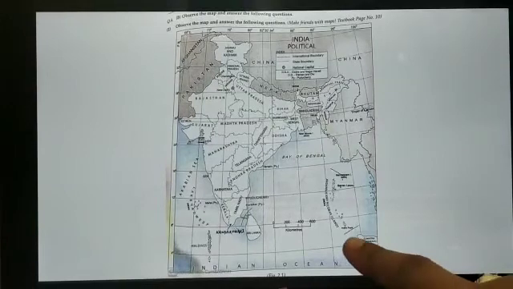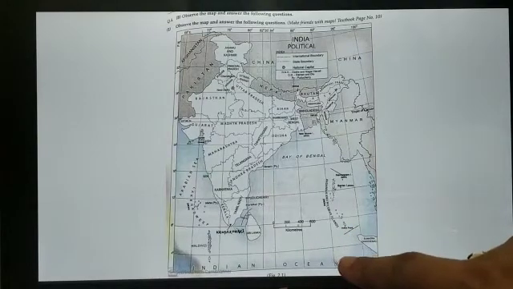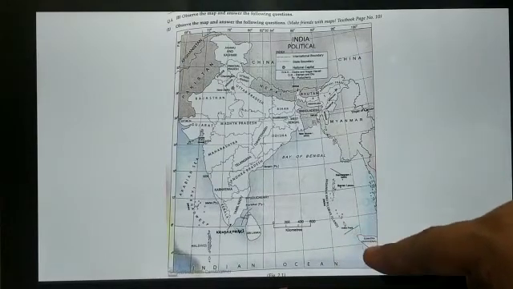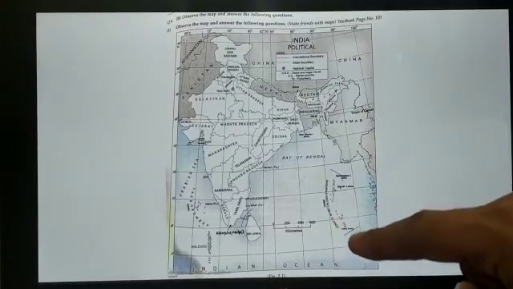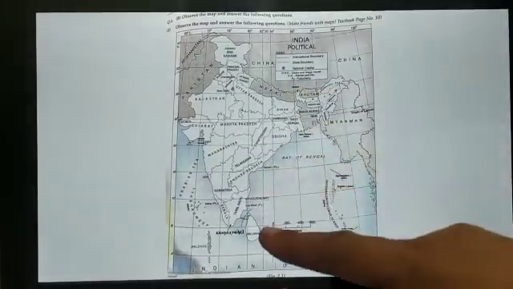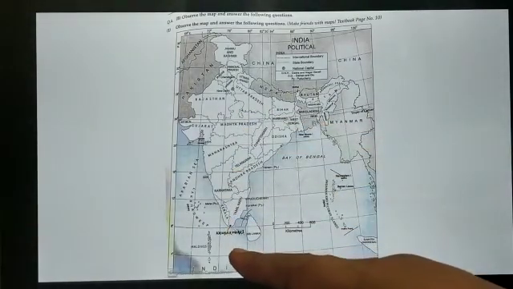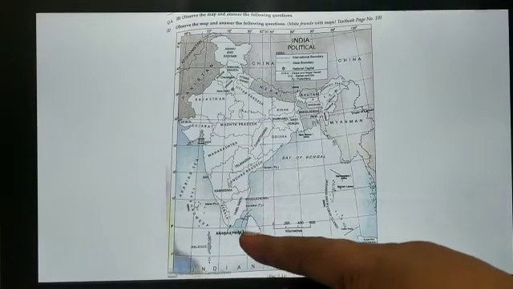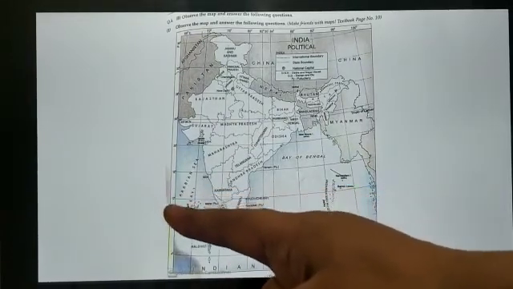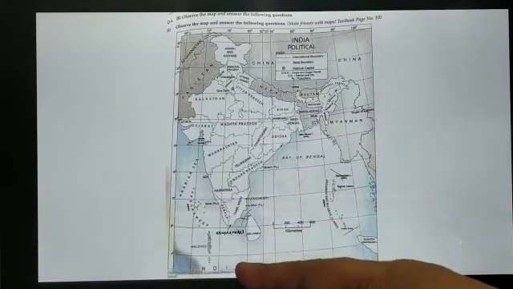I am pointing you, this is your Indira Point, which is there at Andaman Nicobar Island, which is the extreme southern tip of India. And already you know that Andaman Nicobar Island belongs to India. And if we take the mainland part of our country, Kanyakumari is the extreme southernmost tip of mainland India. So, India is surrounded by the Arabian Sea in the west, the Bay of Bengal in the east, and the Indian Ocean in the southern part.